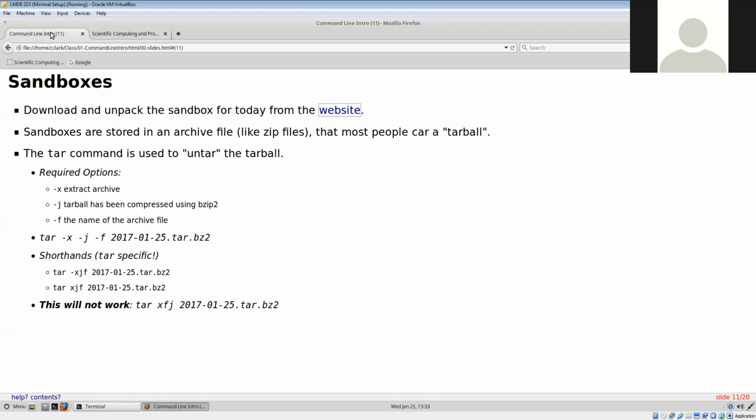As opposed to if we started going through the system files and tried to learn how to use the remove command, well, we could do danger if we did that, right? We could do harm to our system. Now, I'm not saying that you can't hurt your system while you're working in the sandbox, but it's going to be harder. So the sandboxes are stored in an archive file,